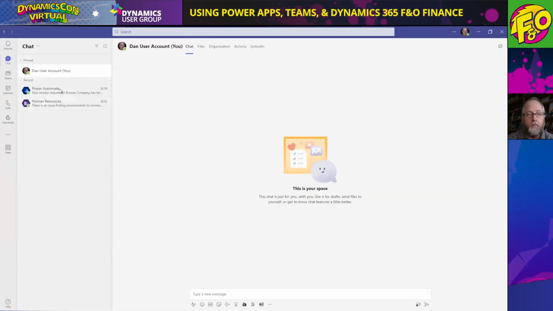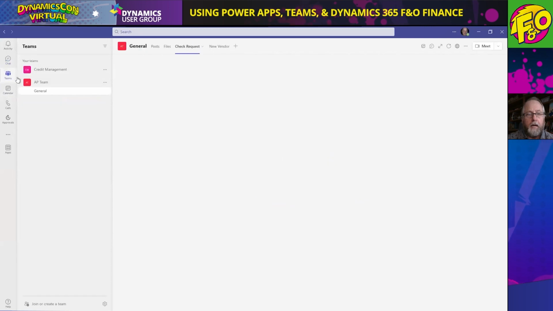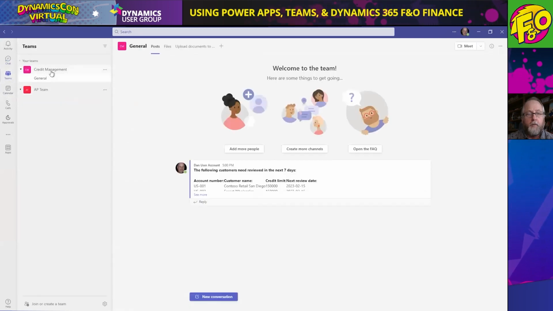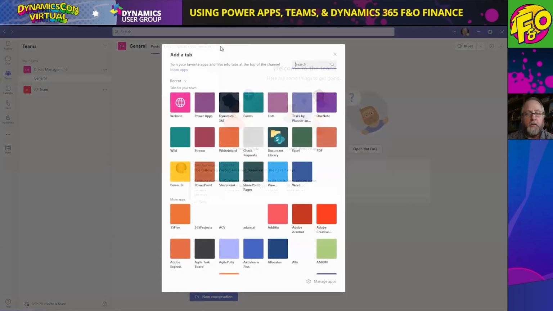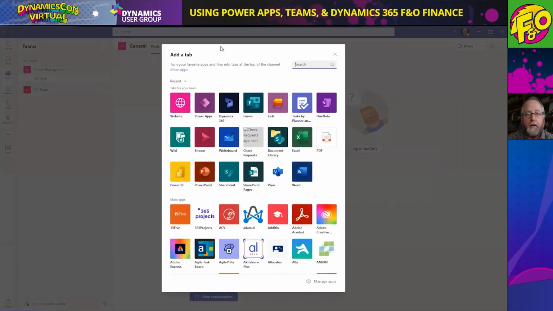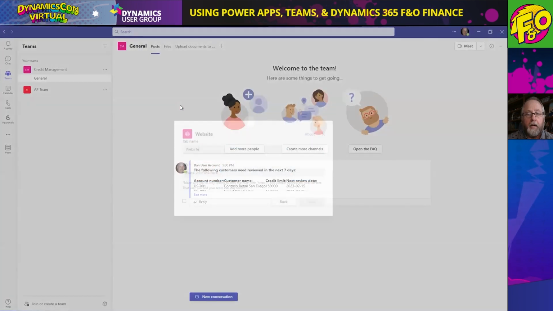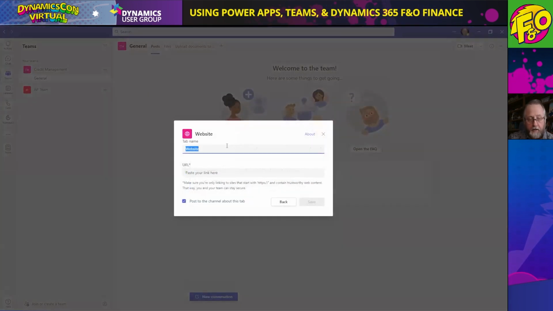Let's go ahead and make this full screen. I've got a team over here for credit management, and I'm going to simply come up here and add a tab into this team. And you can see there's many different tab types that I can install. So I'm going to just simply add that website that we were talking about there, and I'm going to call that collections, and I'm going to paste that URL,